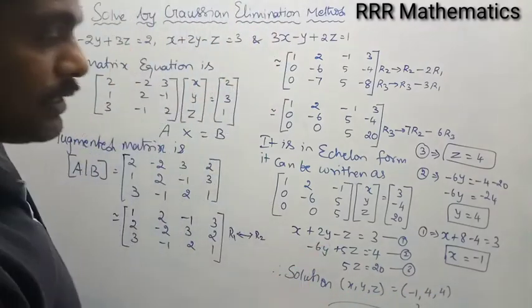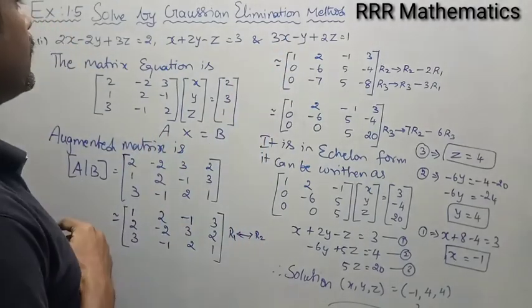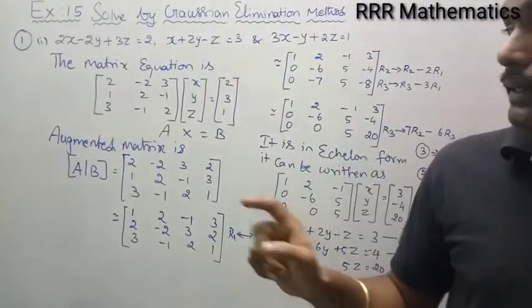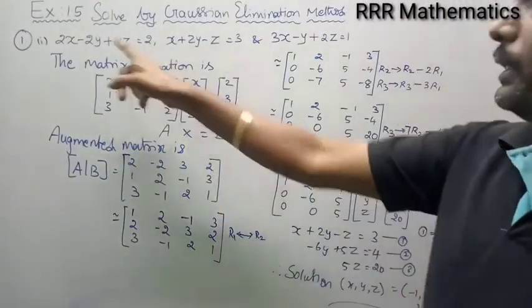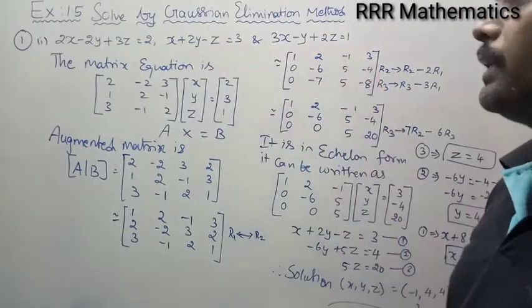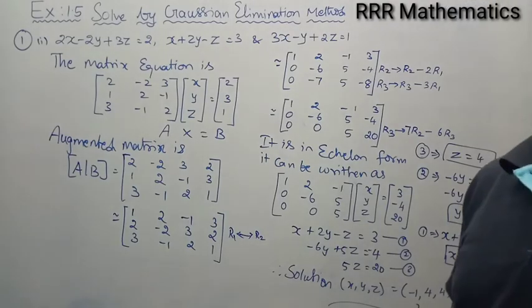If you want to verify whether it is correct or not, substitute in the linear equations, you will get the right hand side. It should satisfy. Is it clear? Not only one equation, just substitute in all. Here you will get 2. When you substitute here, you will get 3. When you substitute here, you will get 1. This is the way you verify whether the solution is correct or not. Got it?